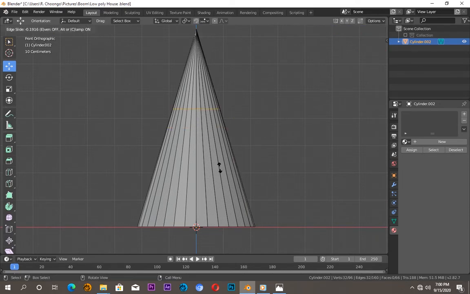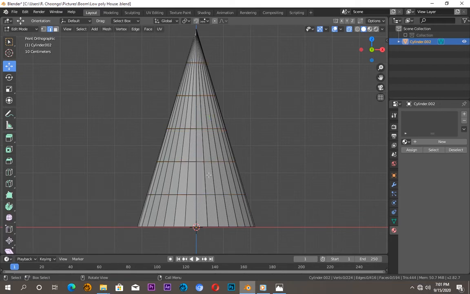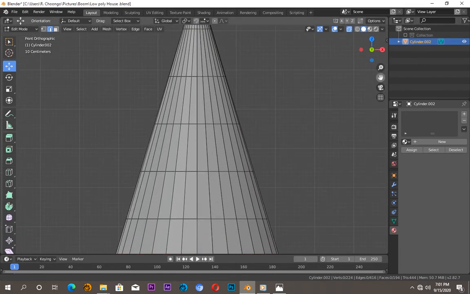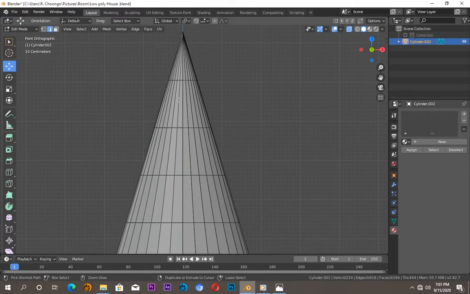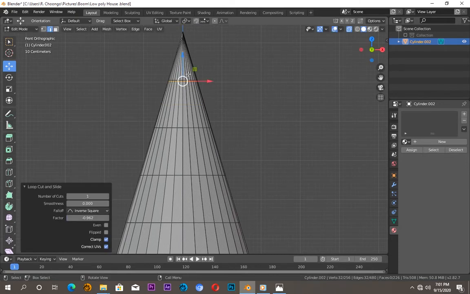cut. I want to make a cut here. I want to make something like, I don't know, 5 cuts. Yeah, that's okay. I'll push that there. So here what we're going to be doing now is I'll create a cut right here next to this cut. Let me zoom in,